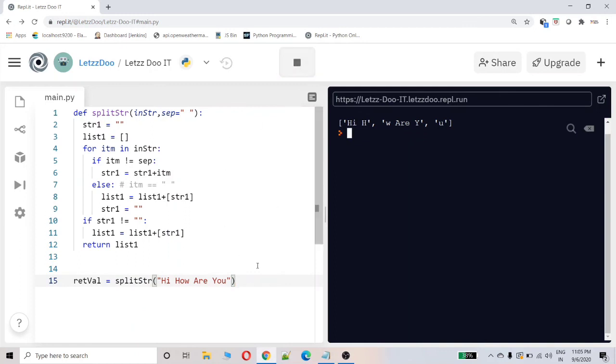Okay, let's try to see. Yeah, I forgot to print return val. Okay, now let's split it with O.